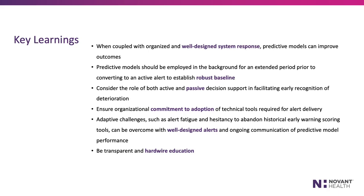Predictive models should be employed in the background for an extended period prior to converting to an active alert to make sure to establish that robust baseline. Implementers should consider the role of both active and passive decision support in facilitating early recognition of deterioration and design workflows that consider both. The team should also ensure organizational commitment to the adoption of technical tools required for alert